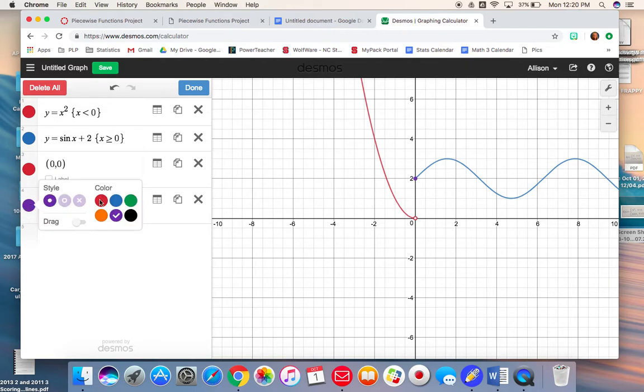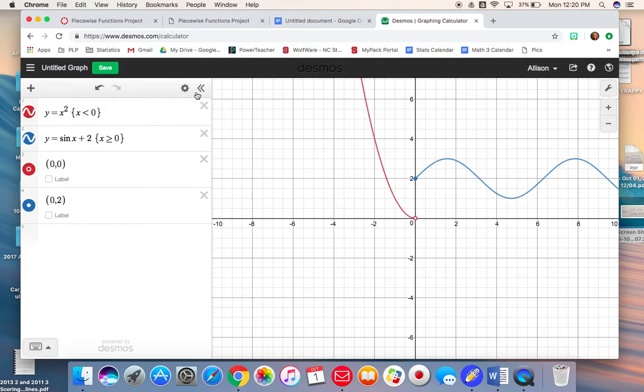Again, maybe I want to make this one blue to match the sine graph. And I can hit done, and here we go. Okay, so now I can definitely tell that it passes the vertical line test, so that it is a function. Okay, so that is the first part of the